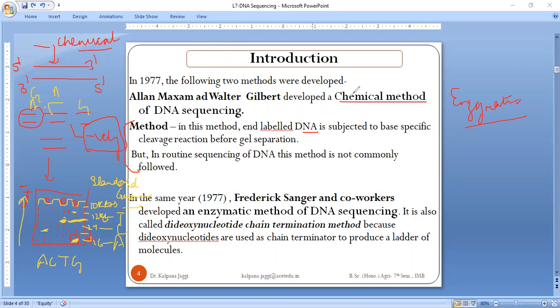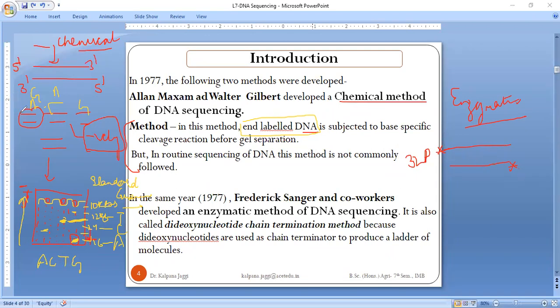But the basic thing done here that is very important is that the DNA is actually labeled. This is the DNA, but we have made a difference: the DNA which we are considering for the chemical degradation, either its 5' end or its 3' end, is radio labeled. When we say radio labeled, that means we label it with the help of phosphate, that may be 32P. You are all much familiar with isotopes, right? So it is radio labeled. Radio labeling is basically done to identify the ends.